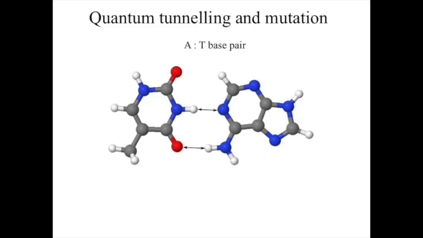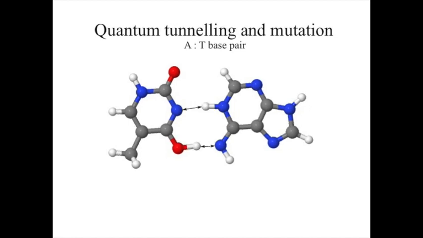So this is an AT base pair. These are the protons that are involved in the hydrogen bonding between the base pairs. What he proposed was you had a double proton transfer in which this proton popped over to here and this proton popped over to there, like that. So you had a double proton transfer. Why you needed 2 protons was to maintain the charge across the bases.